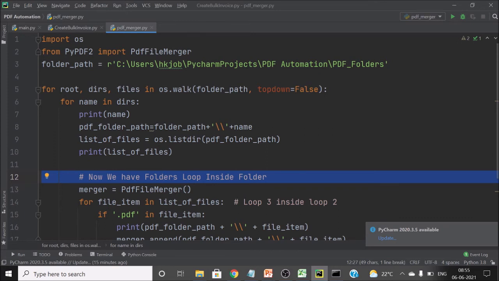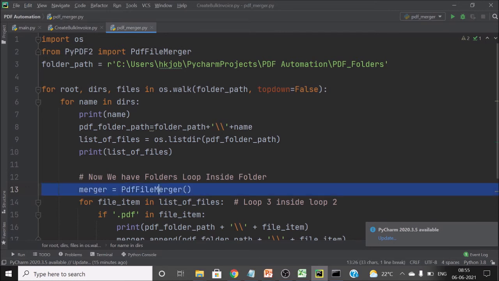The reason is that we have to create a new merger. We have to release all the files which were already inside the merger before we enter a new folder. So when we are changing the folder, at that time we have to start a new instance of PDF merger so that we get a separate file for each folder.